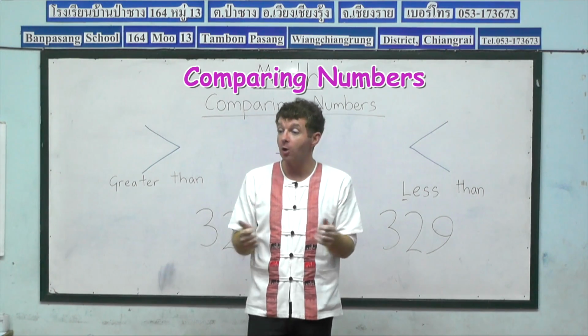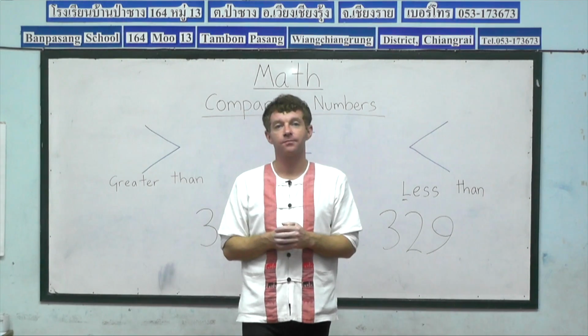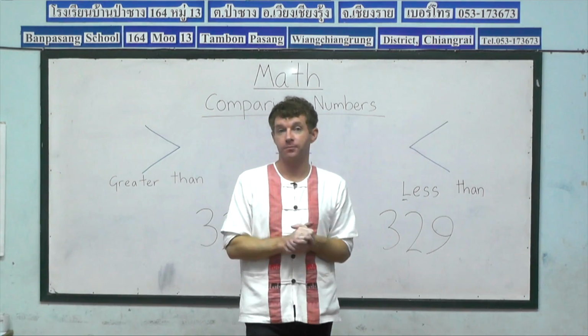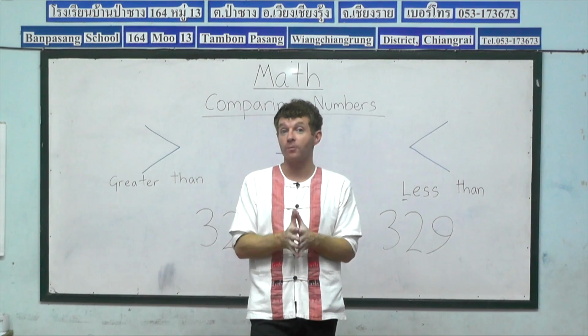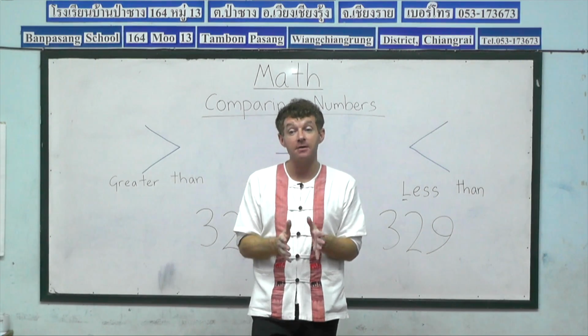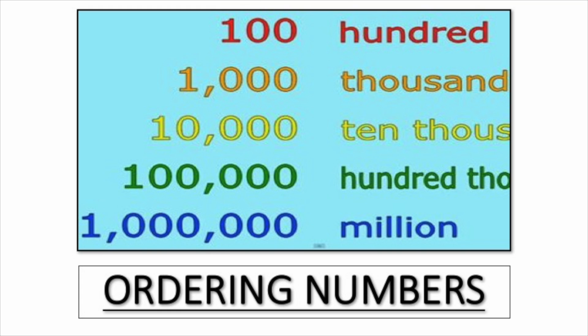And this is what we call, guys, ordering numbers, putting them into order. And now we've got a PowerPoint presentation for our students to observe and listen to. So let's turn our chairs to look at the screen, guys. So let's take a look at our PowerPoint presentation about ordering